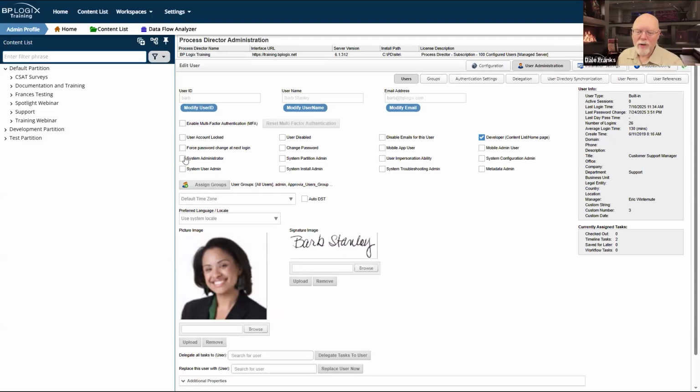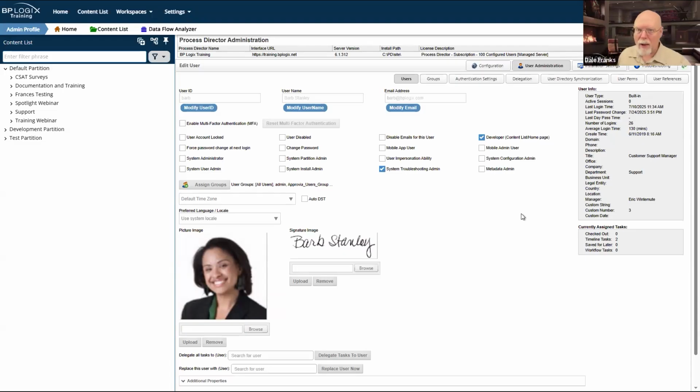So confine your system administrator roles to people who really need to be system administrators. You may want to take advantage, and it's always a good idea, especially if you're going to have multiple administrators, of just granting partial admin permissions to some users. For example, if you have some technical people who need to troubleshoot the system on occasion, give them system troubleshooting admin.